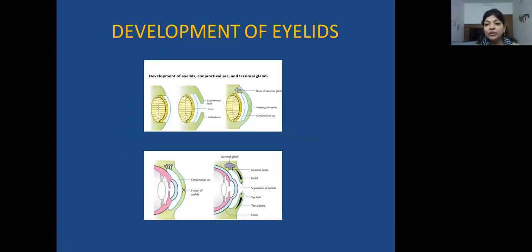Now, just before I talk about some abnormalities which affect the eyelids, a brief description of how eyelids develop. They develop basically from the ectodermal and mesodermal folds. Typically, the ectodermal and mesodermal folds come together and have to fuse. In a fetus, the eyelids fuse around the 8th week of gestation, and around the 27th week of gestation the eyelids separate again. So in eyelid development, you can have two abnormalities developing. One is that the mesodermal folds don't fuse together, which can lead to some problems. And also if the fused eyelids don't separate, they can lead to some problems.